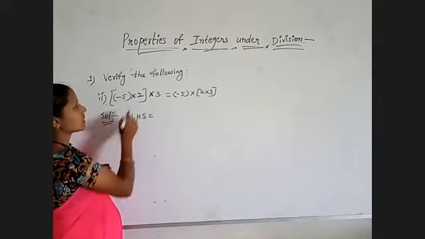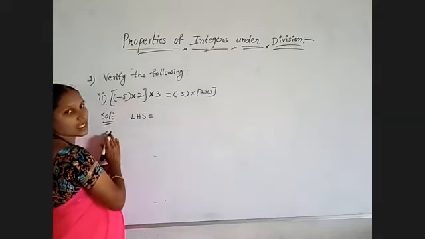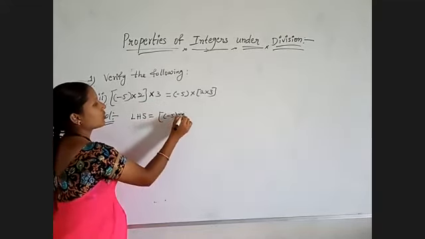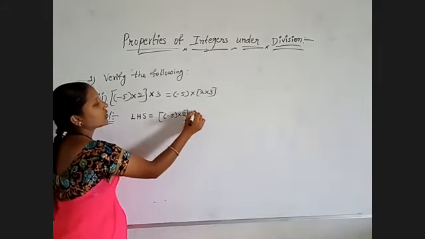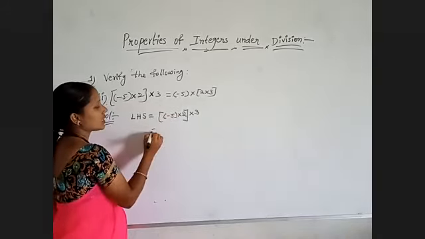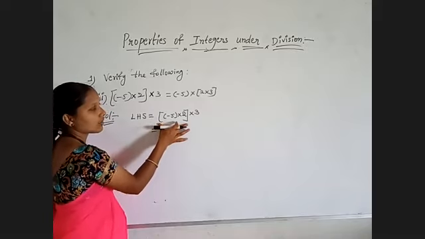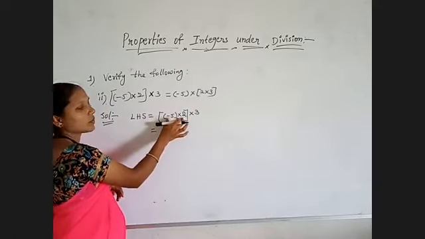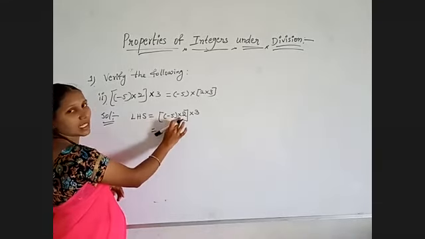That is the left hand side, whatever is there. That is minus 5 into 2 into 3, which is equal to... the bracket is kept for these two numbers, so we need to finish this operation first. So into is there, it is very simple.